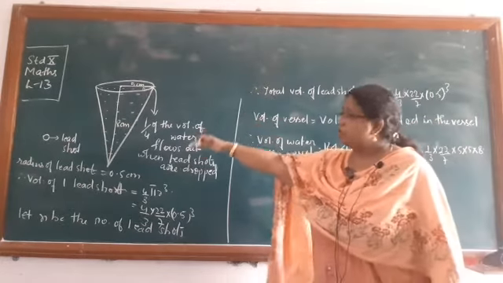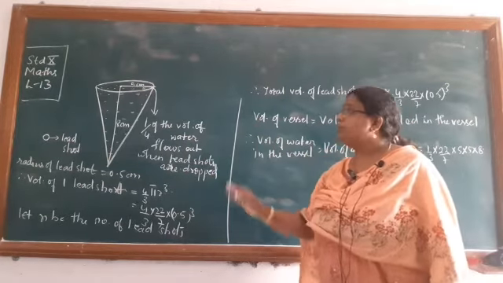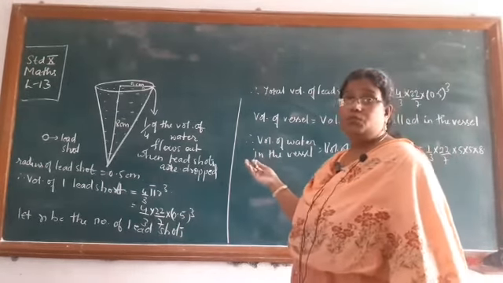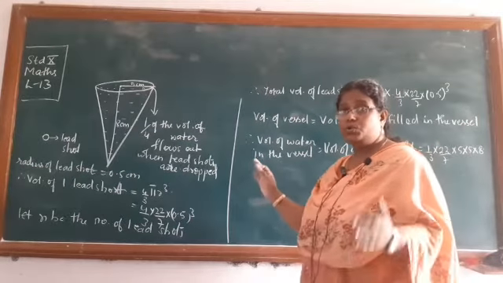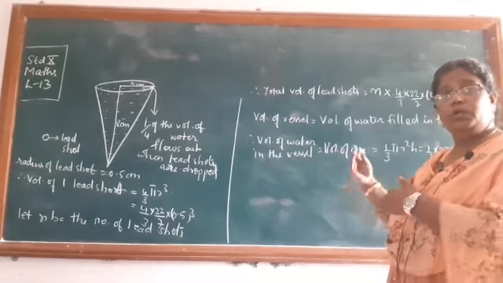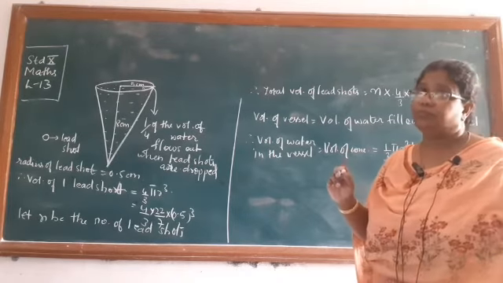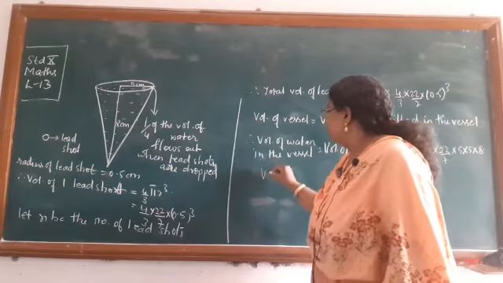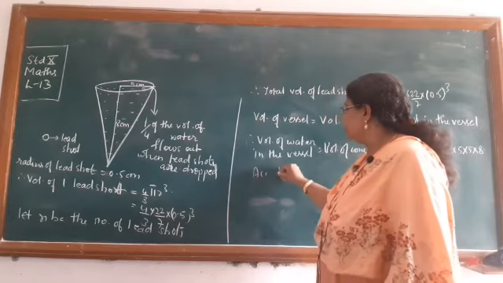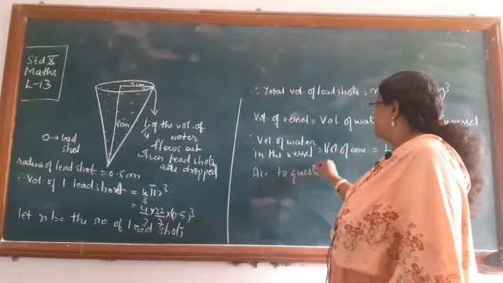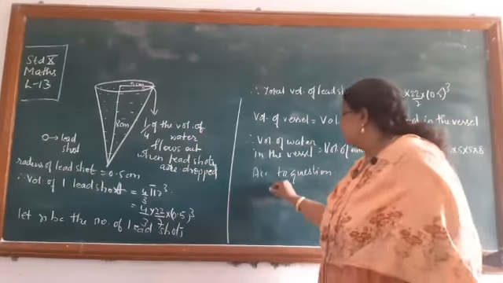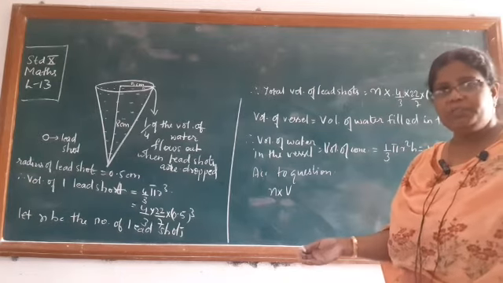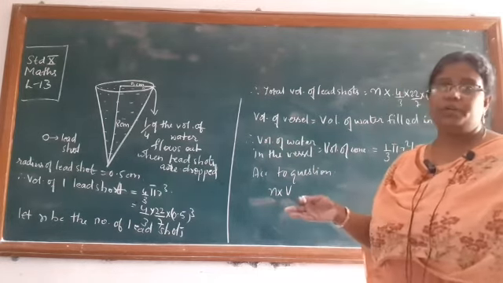So volume of the lead shot, when these lead shots are added into it, 1/4 volume of the water flows out, isn't it? So what is the volume of the lead shot? The total volume of the lead shot will be equal to the 1/4 the volume of the water which is present in the vessel. Okay, so according to the question, what can we write then? According to the question, we can say n into volume of the lead shot will be equal to the volume of the water which is displaced, isn't it? So 1/4 of the volume of the water is displaced.